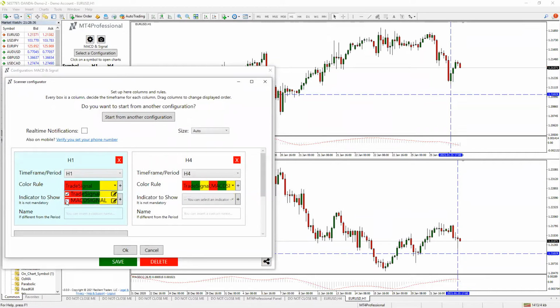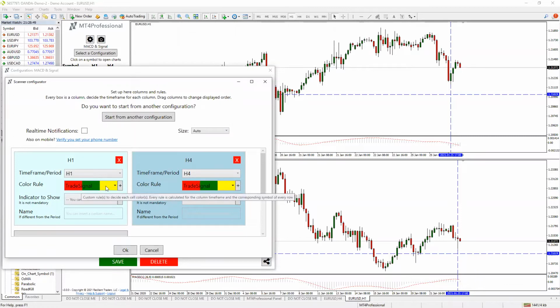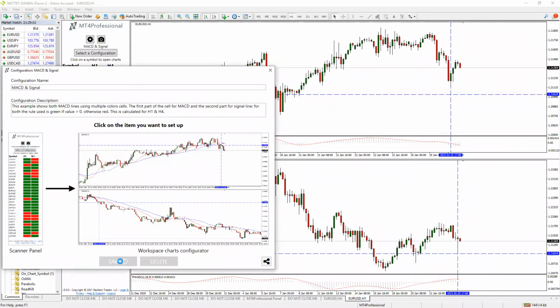I'm going to turn that one off, and on my second time frame, I'm going to turn that one off. So all it's looking at right now is just the trade signal itself. And the trade signal is going to be bearish, bullish, or neutral based upon whether the MACD indicator is greater than the signal line or less than the signal line. Once I save it